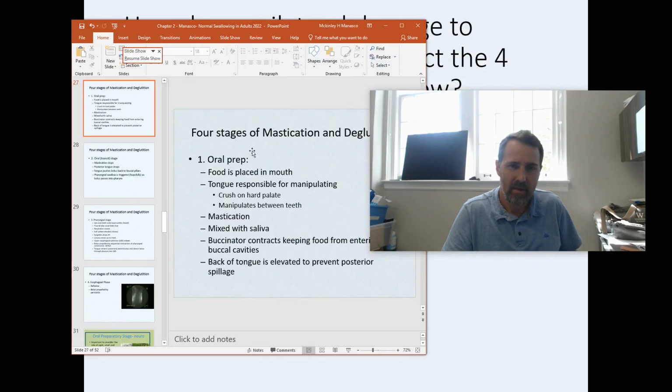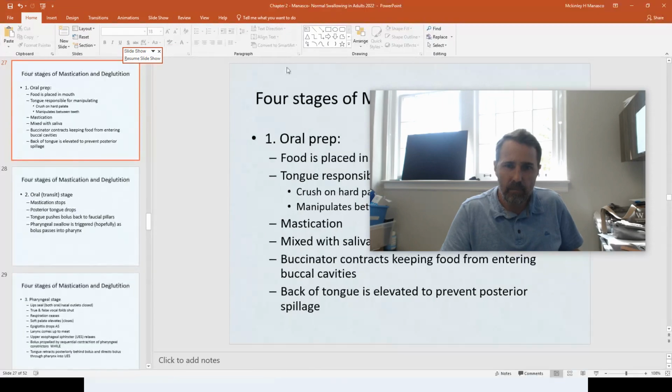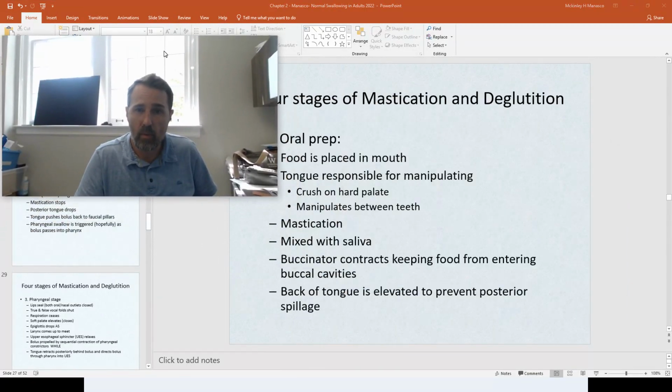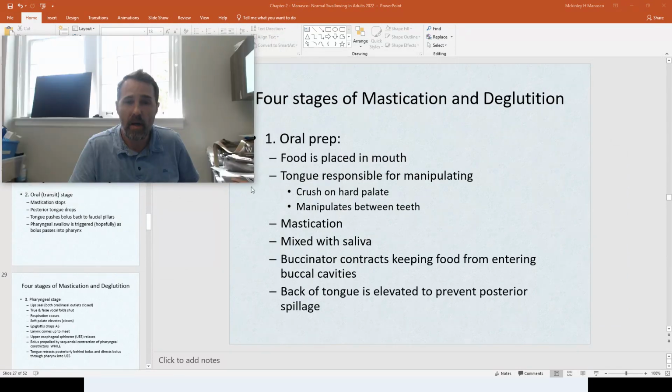All right. So if we're looking at the oral prep, what happens during the oral prep? Food is placed in the mouth. You have the mandible chewing. You have the tongue moving the bolus, moving the food between the dental arches